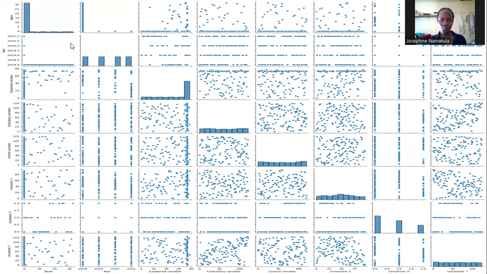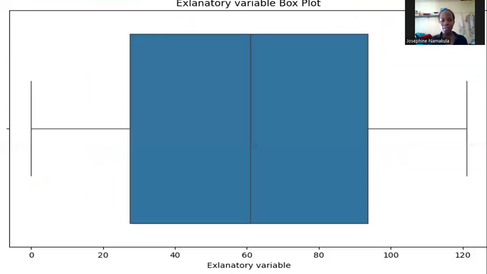Histograms, these ones which are running diagonally, show the distribution of single variables, and the scatter plots, these ones here and these ones here, we can call them off diagonal plots. They show the relationship between 2 variables, and these can reveal patterns, trends, and correlations between the data in a data set. So when I go to the next slide, I find a